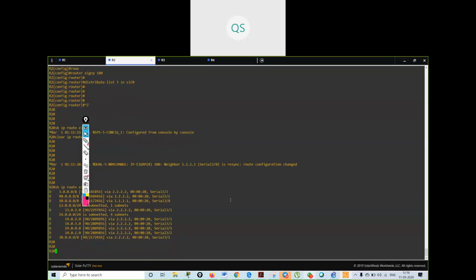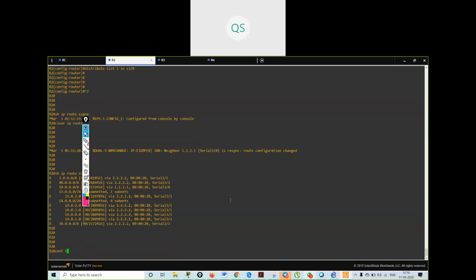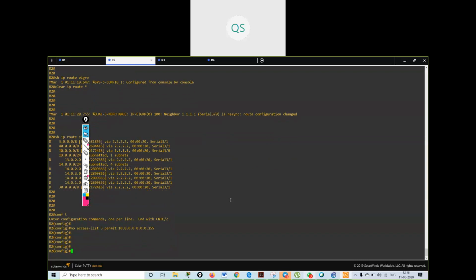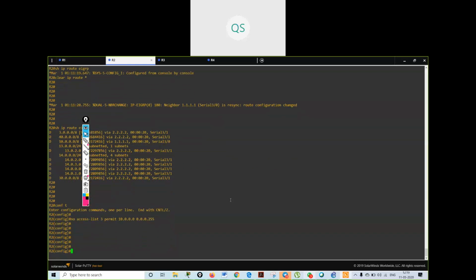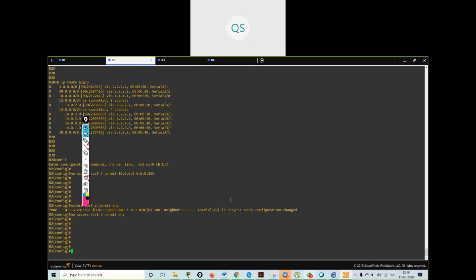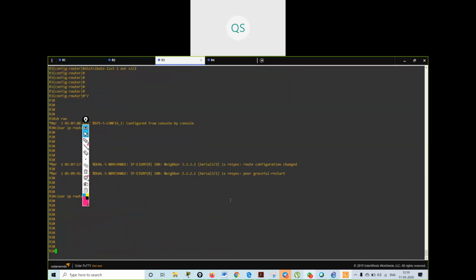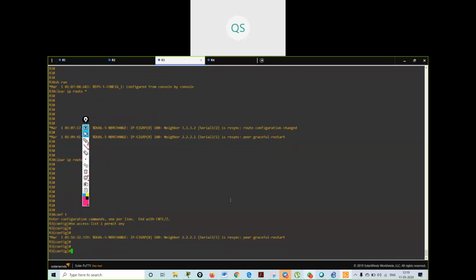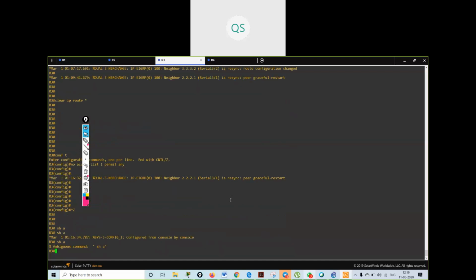So now what I will do, I will remove all the access lists. No access list. Any other access list that I've created? No access list. Over here I will remove all the access lists.